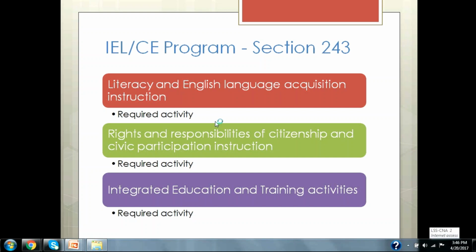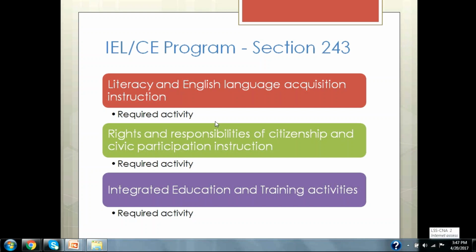That is, and I just pulled out my tables again, just because I'm looking at the definitions at the bottom of Table 3. And you do track separately the number of participants enrolled in just straight English language acquisition programs, but not IET, and the number of participants enrolled in IELCE programs, and that specifies Section 243. This number includes those enrolled in IET programs. It does not include those enrolled in ELA programs. So if we're talking about IELCE and IET, we're talking specifically Section 243.